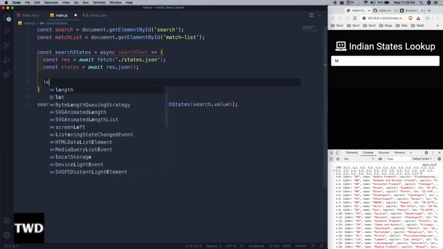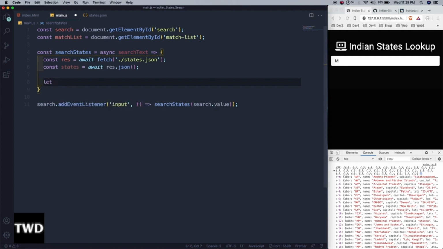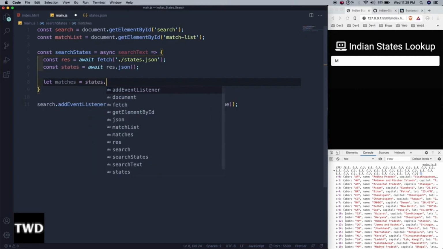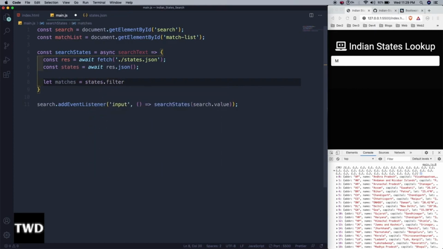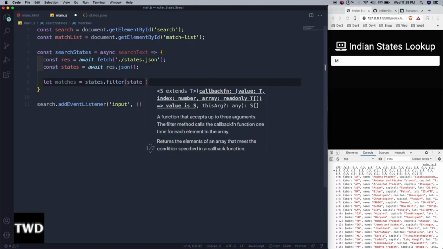So let matches equal to states. We are using filter. If we don't want everything and we want to filter, then we can use filter. So states.filter, state,